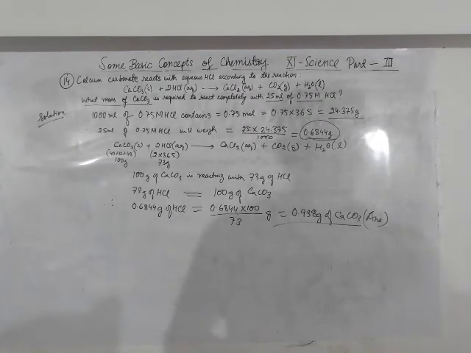It is a simple sum where the strength of hydrochloric acid is given in molarity. Over here, go through the working very carefully. 1000 ml of 0.75 M contains 0.75 mole, that is 0.75 into 36.5, that is 24.375. So 25 ml of this 0.75 M HCl weighs 25 into 24.375 by 1000, that is coming to 0.6844 gram. That is the weight of hydrochloric acid in this chemical reaction.